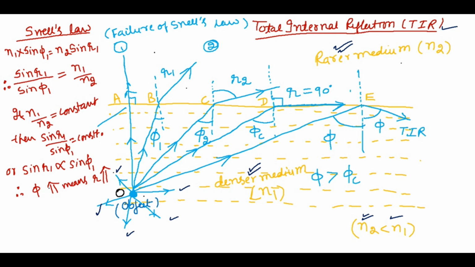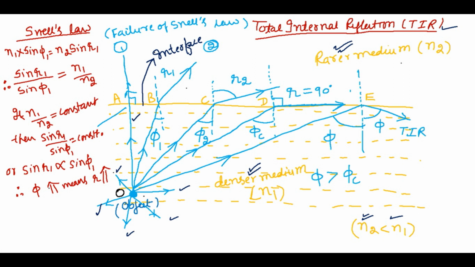So first light ray is this one, which is going in such a way that when it will strike at some point A on the surface between water and air, this surface which is separating two different media, it is called the interface. So since this surface is separating water and air, it is the interface. So this ray of light travels from the object in such a way that it strikes at a point A on the interface normally.